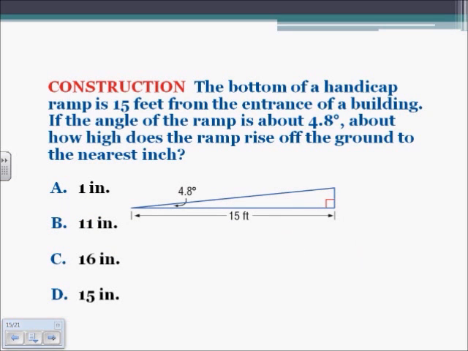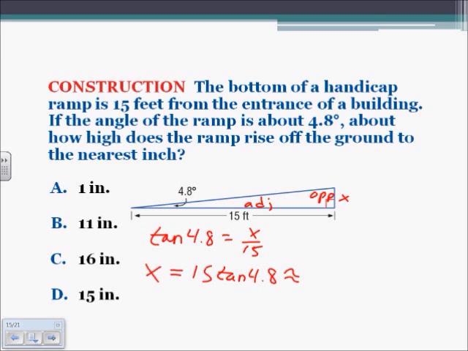Similar type problem. The bottom of a handicap ramp is 15 feet from the entrance of a building. If the angle of the ramp is about 4.8 degrees, about how high does the ramp rise off the ground to the nearest inch? So we are looking for that value x. I do not have the opposite. I do have the adjacent, so therefore I'll use tangent. I will have the tangent of 4.8 is equal to x over 15. I will take and multiply both sides by 15, so I have x is equal to 15 tangent of 4.8,